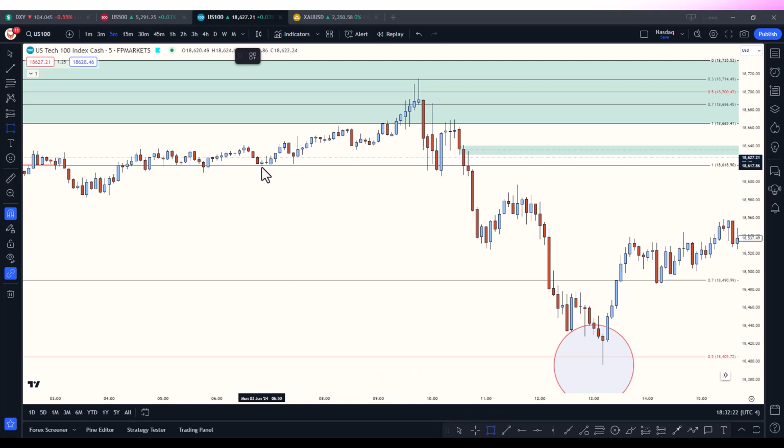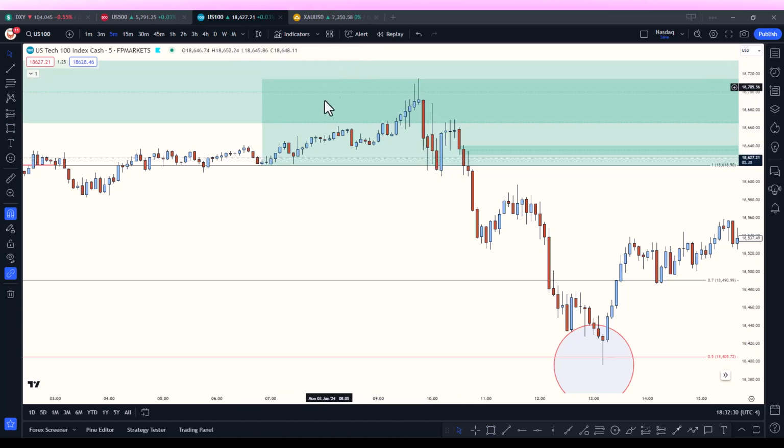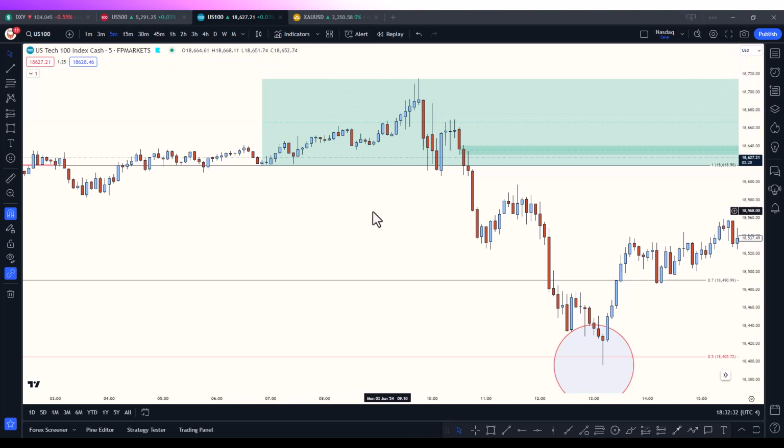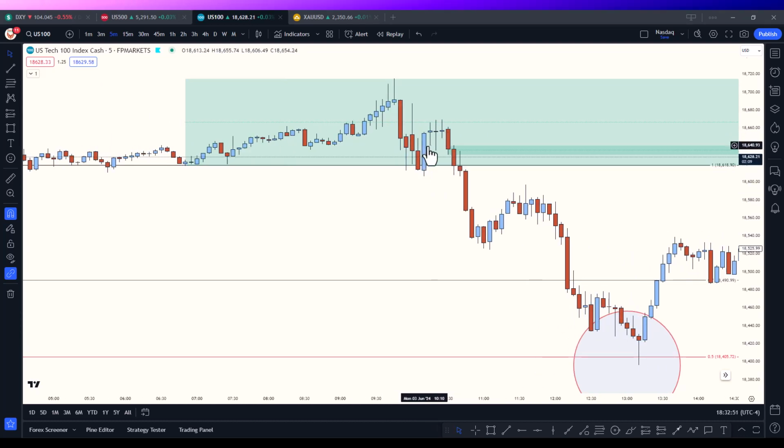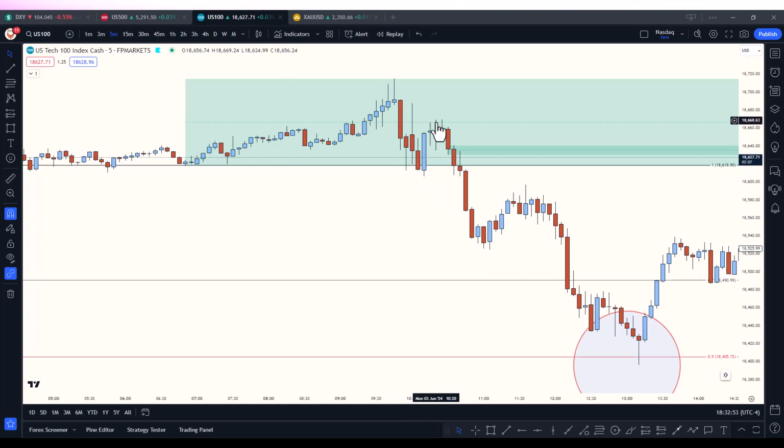And if we take this move here, let me remove this one, let me remove this one. We had this high, the valid low that made all this high, and we have a mitigated zone here, taken out, closing below, retracement to the 50%, and this is where I took my first trade and my first entry. Then we had this drop, failed to